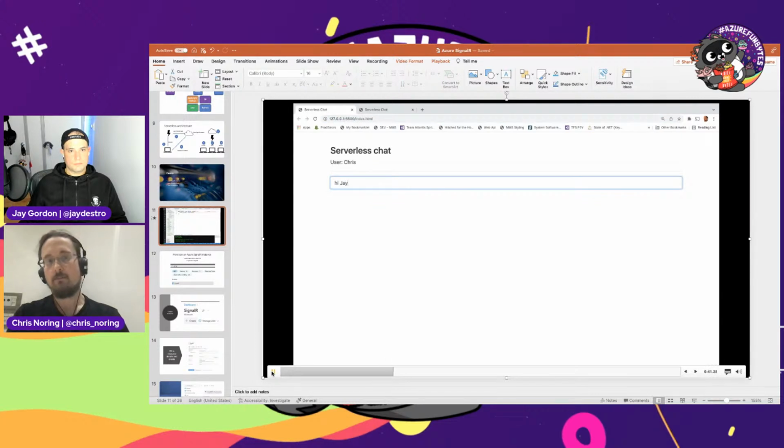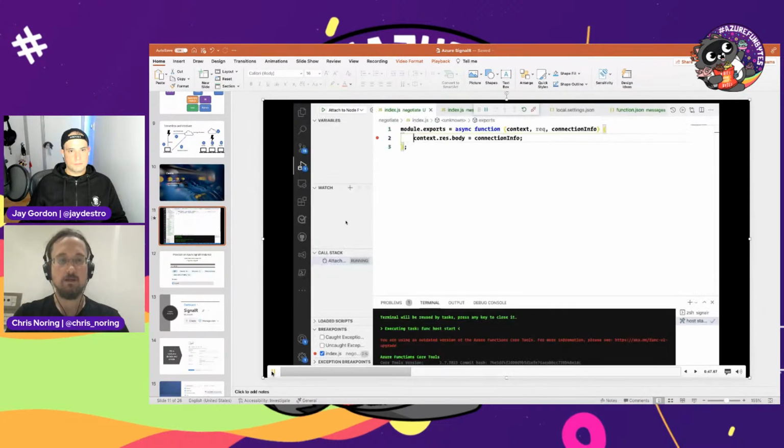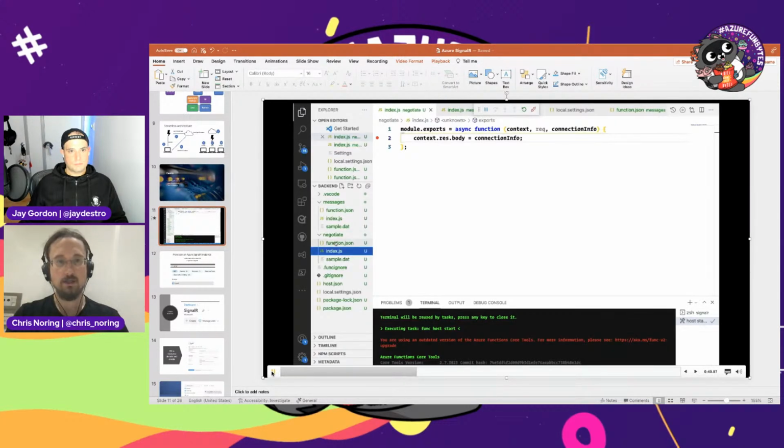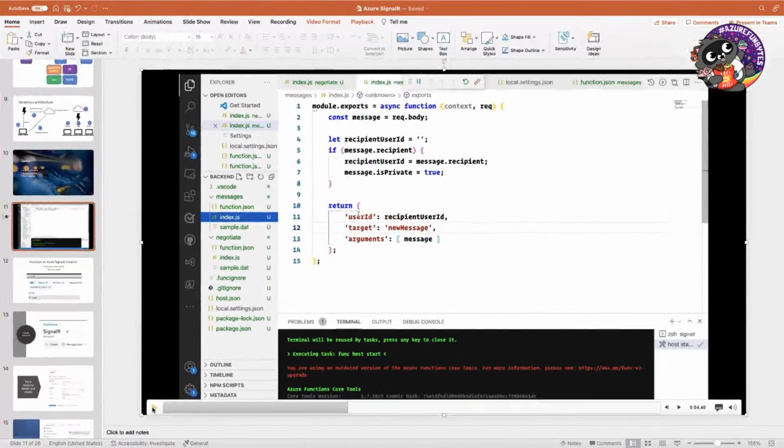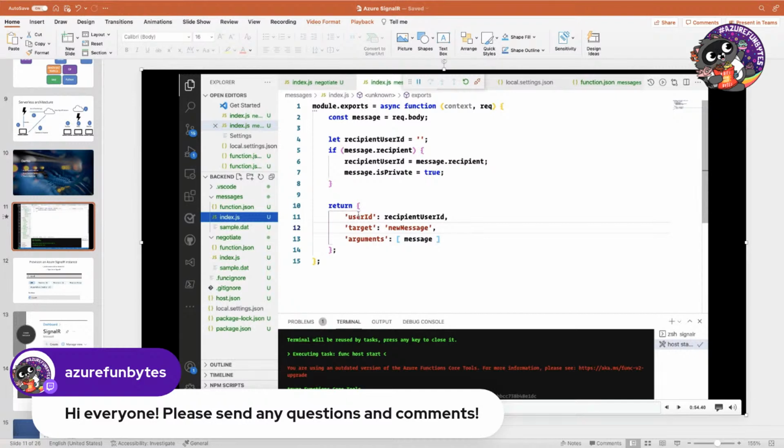Now, at this point, I'm adding a message, and I'm saying, "Hi, Jay." At this point, I'm not reaching the negotiate endpoint anymore, but I'm reaching a different endpoint. I am reaching an endpoint called /messages. So if we look here, this is a different endpoint as part of our Azure Function app, and it does a different thing. Looking at this code here, from line 10 and down, I'm going to end up producing a SignalR message, and we can see that as part of line 12 here,